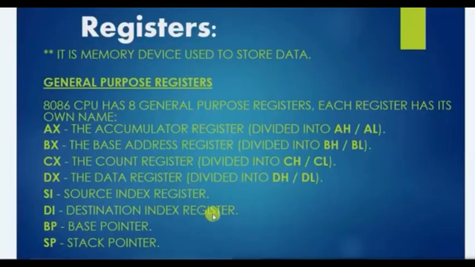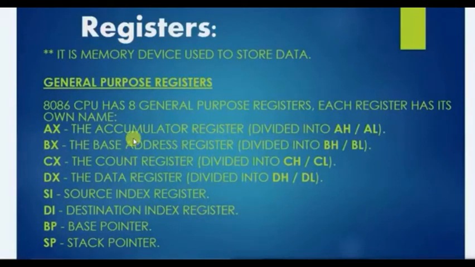So here is the list of some registers, friends. They are general purpose registers which we will be using during coding. When we code our program, that time we will be using these registers. Simply, I have defined registers here: it is a memory device used to store some data. There you can see there are a total of 8 general purpose registers, that is AX, BX, CX, DX. There are 4 general purpose registers, and SI, DI, BP, SP. They have a little specific use. They are also general purpose registers, but they have got some specific use in our programming language.